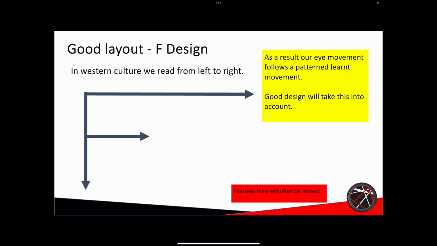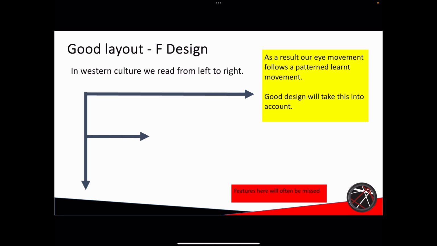When you're doing your user interface design, I would really encourage you to think about the layout. In England, and therefore in Western culture, we read from left to right, don't we? So you can see from this slide, I've done exactly that. The title will have been the first thing you probably read. And you'll have also maybe noticed the yellow box there where it says about the eye movement, and that's good design. What you may not have even spotted yet, though, is in the bottom right-hand corner, there's a